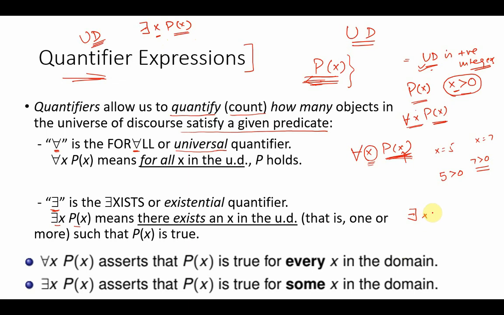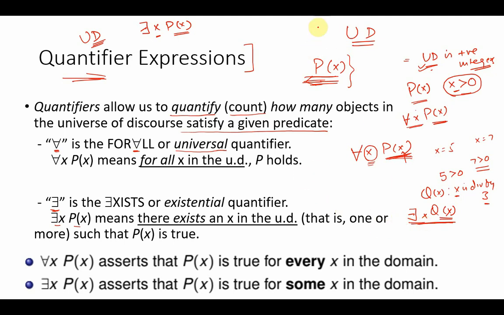Now, if I specify another predicate, let us say q of x, such as x is divisible by 3, now I can say there exists x, q of x. Because q of x is not true for all the values of the universe of discourse. See, 1 is not divisible by 3, 2 is not divisible by 3, but if I put in 3, it is divisible by 3. So what it means is, it is true for some values, or at least there is one value for which this is true.